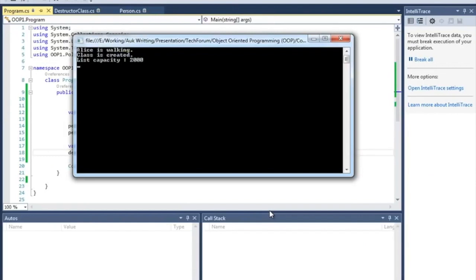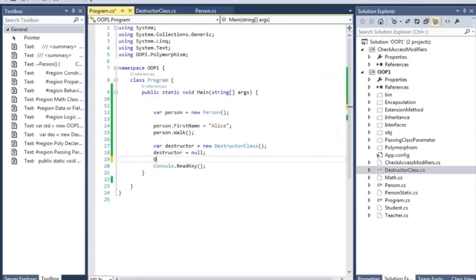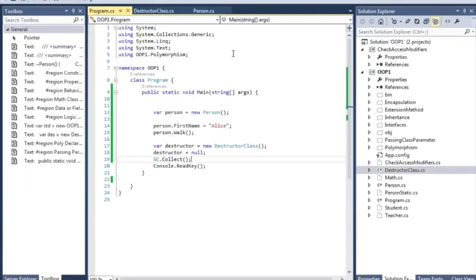So if I run it, I'll see the capacity, but destructor method is still not called. So to do that, I will have to again call the garbage collector and see that destructor method is called, and the list was now at this moment. So I know that it is clean. So that's how you can use the destructor.